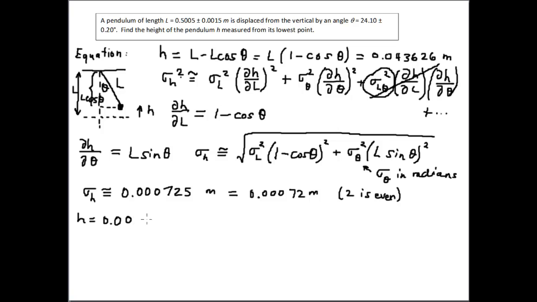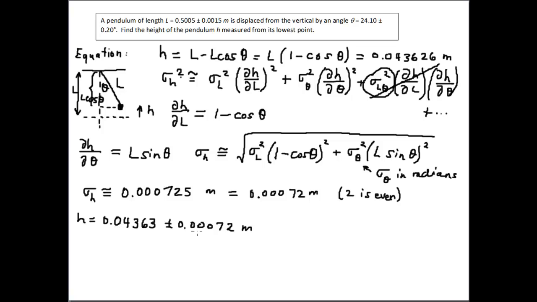0.00, oops, nope, made a mistake there. Let me go ahead and fix that. So it's 0.04, like I had written down up above, 0.0436, and now I need 1, 2, 3, 4, one more digit, 363, okay, plus or minus the error, 0.00072. We'll put the unit at the end, and just to make sure, what we should have in each term,